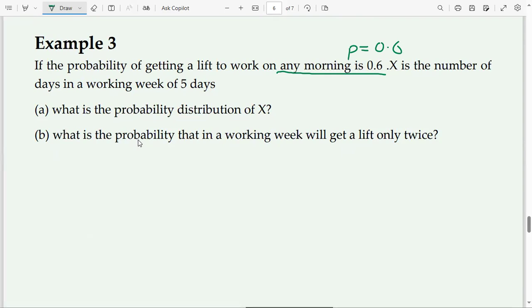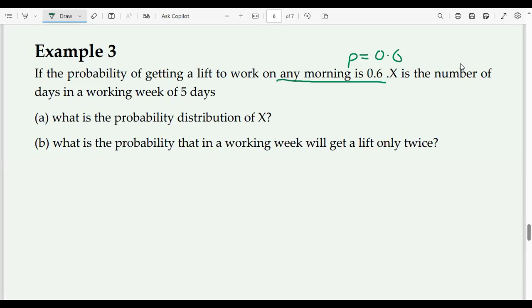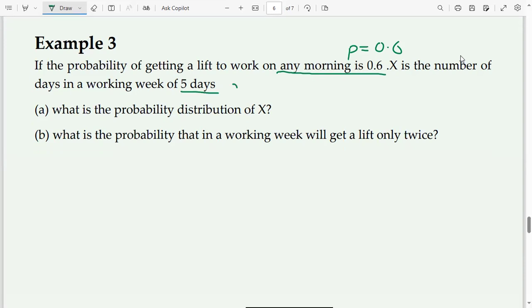the probability of success in this case is 0.6, number of days in a working week, उसके बाद यूजुअली आपका नंबर ऑफ ट्रायल्स गिवन होते हैं। ठीक है, सबसे पहले वो आपसे पूछा प्रोबेबिलिटी ऑफ एक्स। अगेन, जब भी प्रोबेबिलिटी ऑफ सक्सेस गिवन हो, इट इज बाय डिफॉल्ट बाइनोमियल, तो प्रोबेबिलिटी ऑफ हैविंग एन of getting